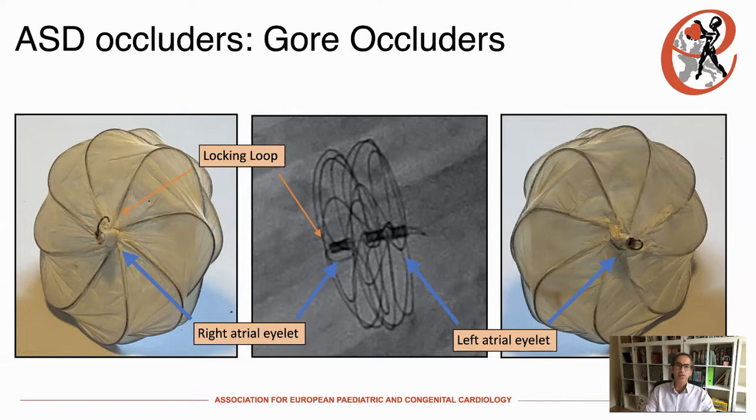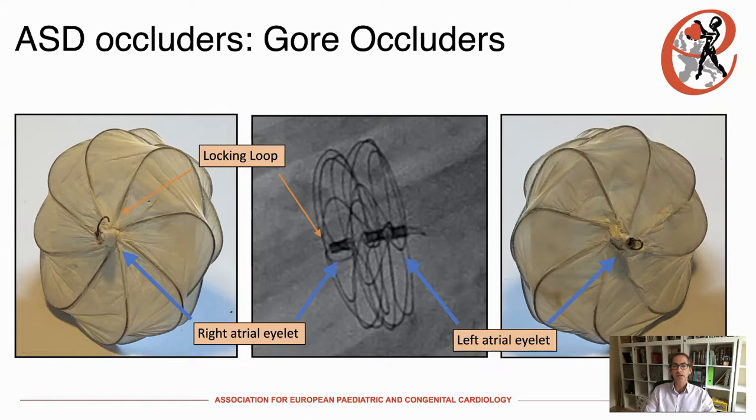The orange arrow shows the locking loop coming out the center of the eyelet, which is keeping the 2 discs together once the device is locked. The image on the left shows the LA disc. The locking wire originates here in the left eyelet and bends backwards, creating a little loop, not to be confused with the locking loop. This runs across the center of the device, coming out of the right eyelet as the